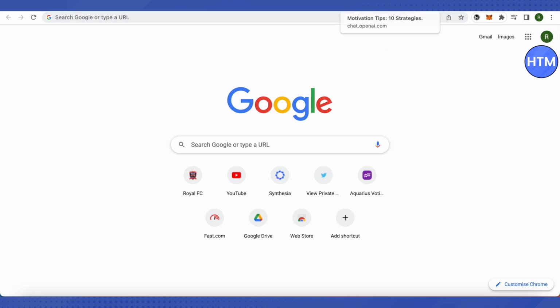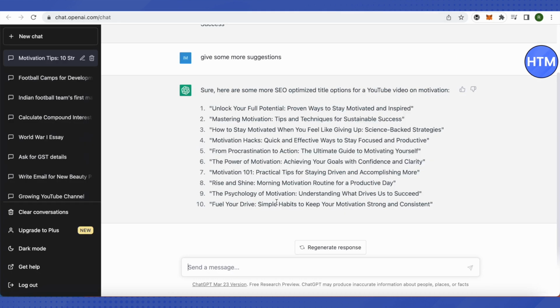So first of all, open up ChatGPT, and after that you need to type a prompt over here. So in order to type a prompt, you just have to write a code for tic-tac-toe game. After that you need to just hit enter,